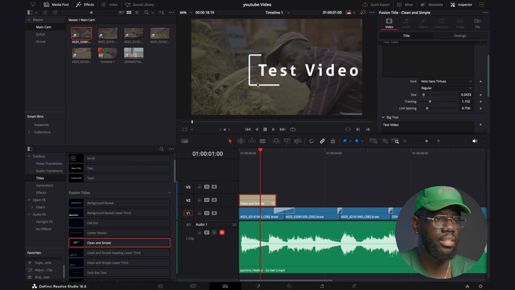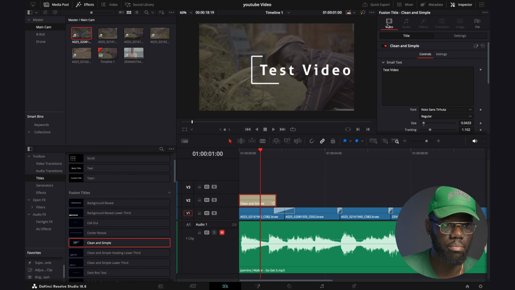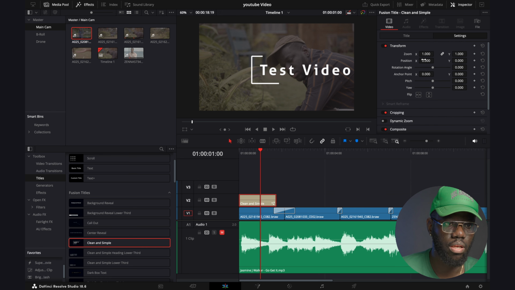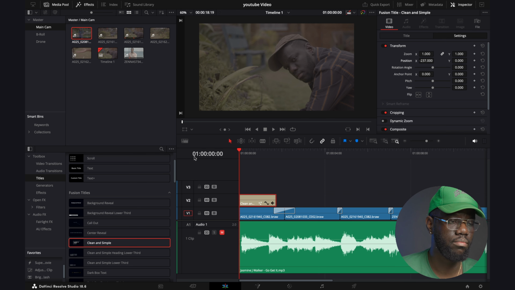So as you can see now, it's off screen, okay? And you want it to be centered. So all you have to do is make sure you're on video, then you click settings, and then you scroll up, play with position to center it, all right? So now, if we play it from top,